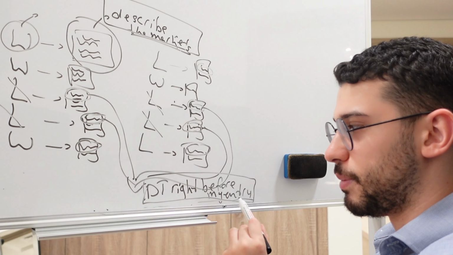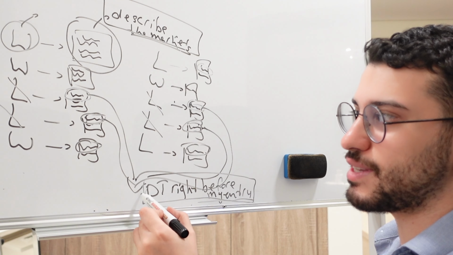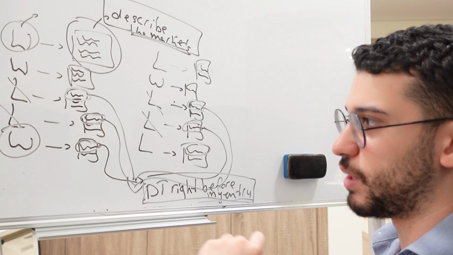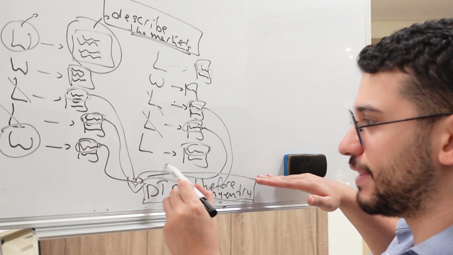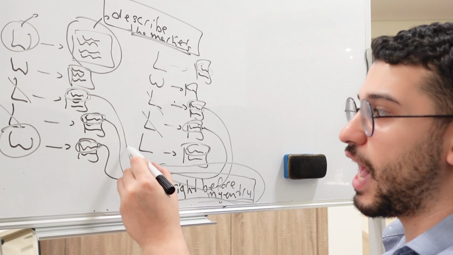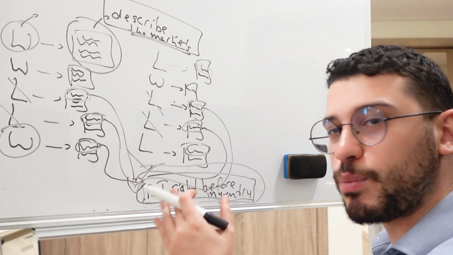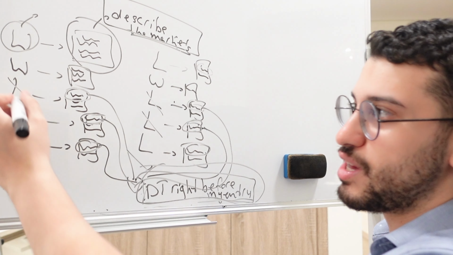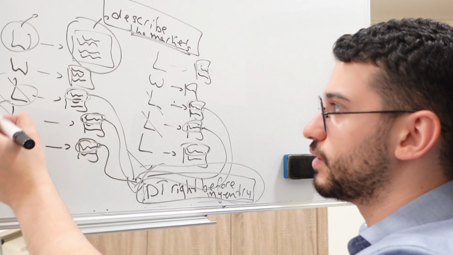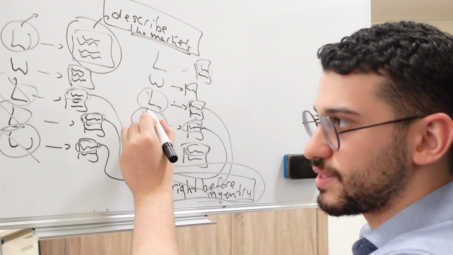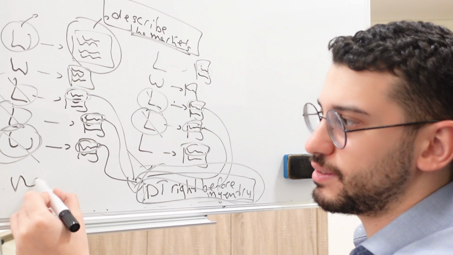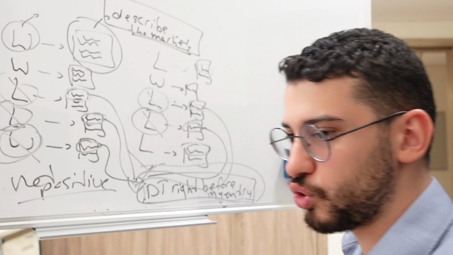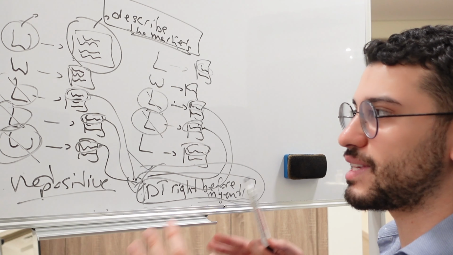Now, of course, double top right before my entry could also exist in a win. For example, let's say for this win right here, you also wrote double top right before my entry. So by eliminating this from your system, by saying I will never trade when there's a double top right before my entry, you're also saying I would not take this win. And therefore, you are eliminating 1, 2, 3, 4 losses and 1 win, which is a net positive. And therefore, this is all you're going to do to build your quality assessment strategy.